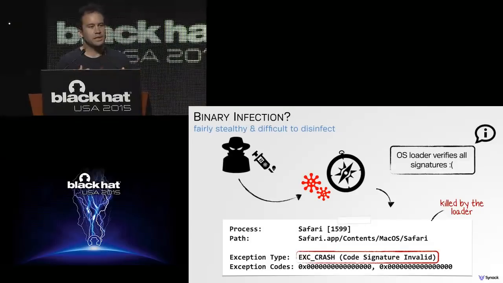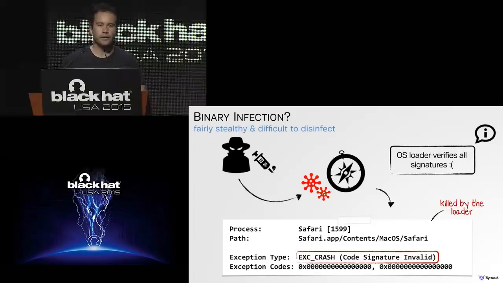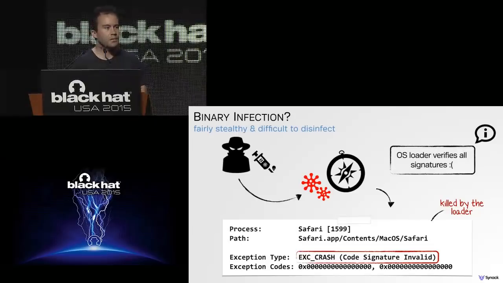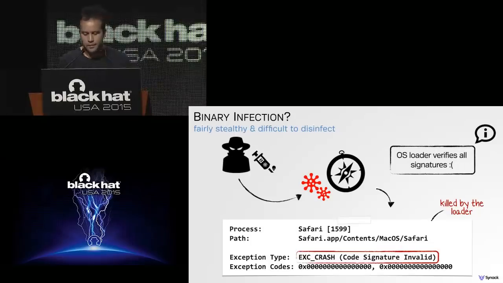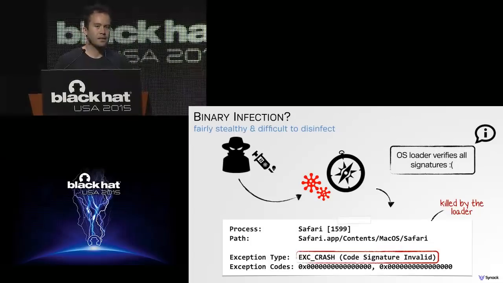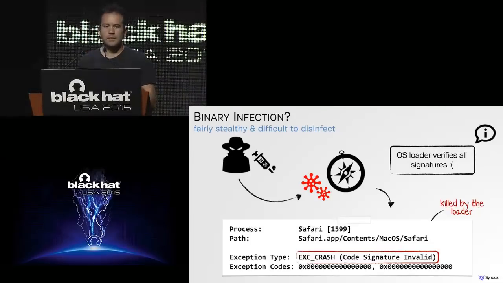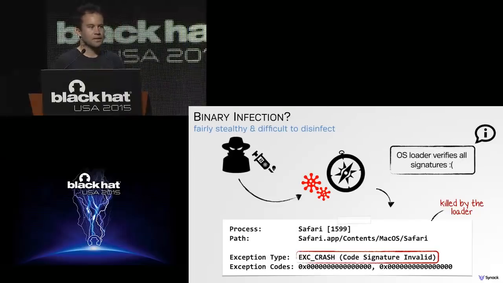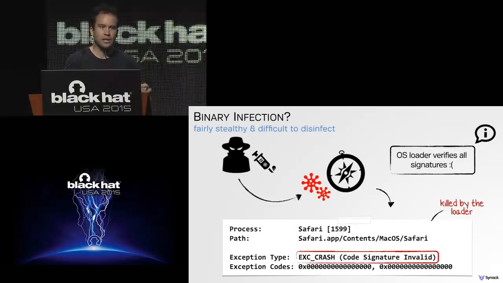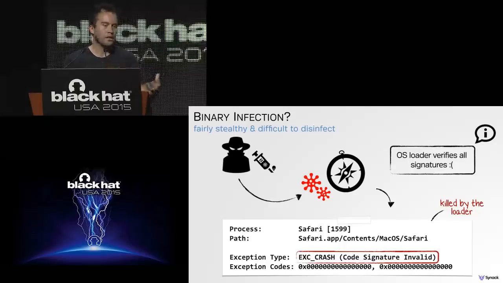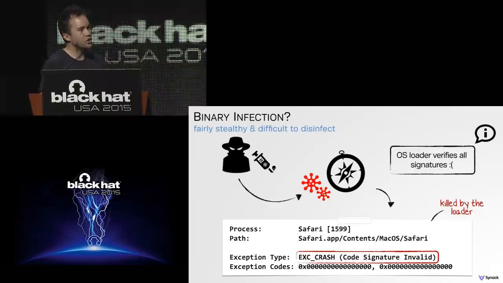First, it's really stealthy. If you inject all your viral code into the binary you're infecting, there's not going to be any new processes running. There's not going to be any other files on the file system. It's also difficult to disinfect. With most current OS X malware, you can simply delete an executable and delete, for example, its auto-run plist entry, and your box is clean. The malware is going to be gone. If the malware, however, has embedded itself, infected a legitimate binary,